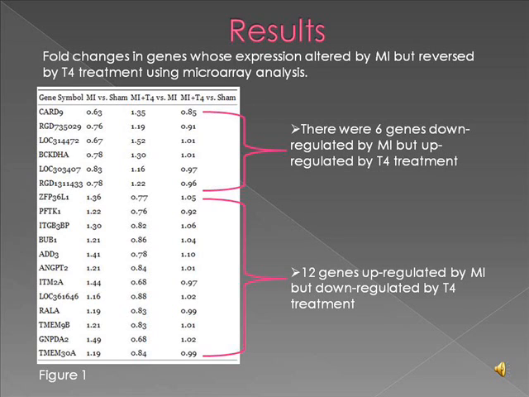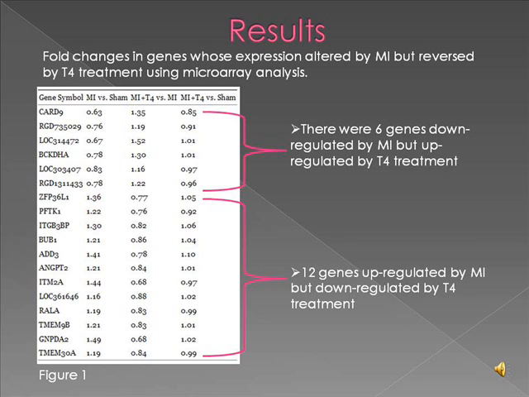And there were 12 genes upregulated by MI, but downregulated by T4 treatment. If you take a look at ANGPT2 gene, the expression level in MI is 1.21, which is an increase, and again with T4 treatment it decreases